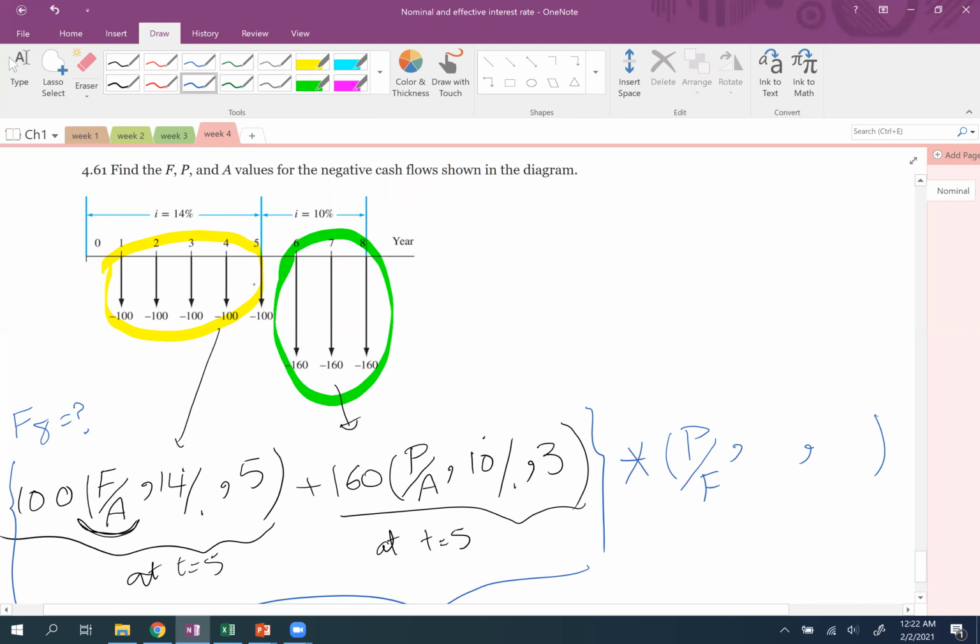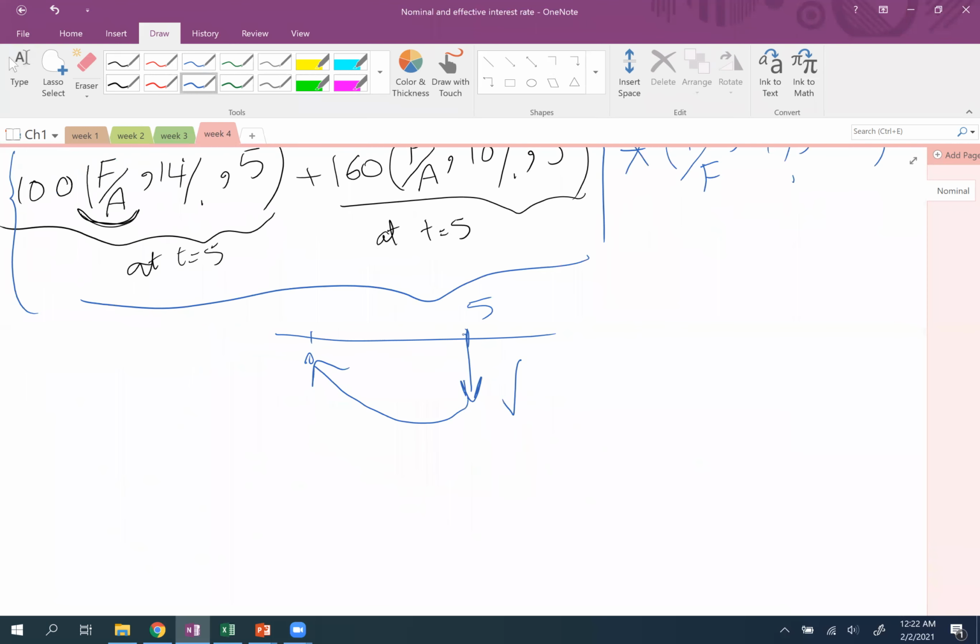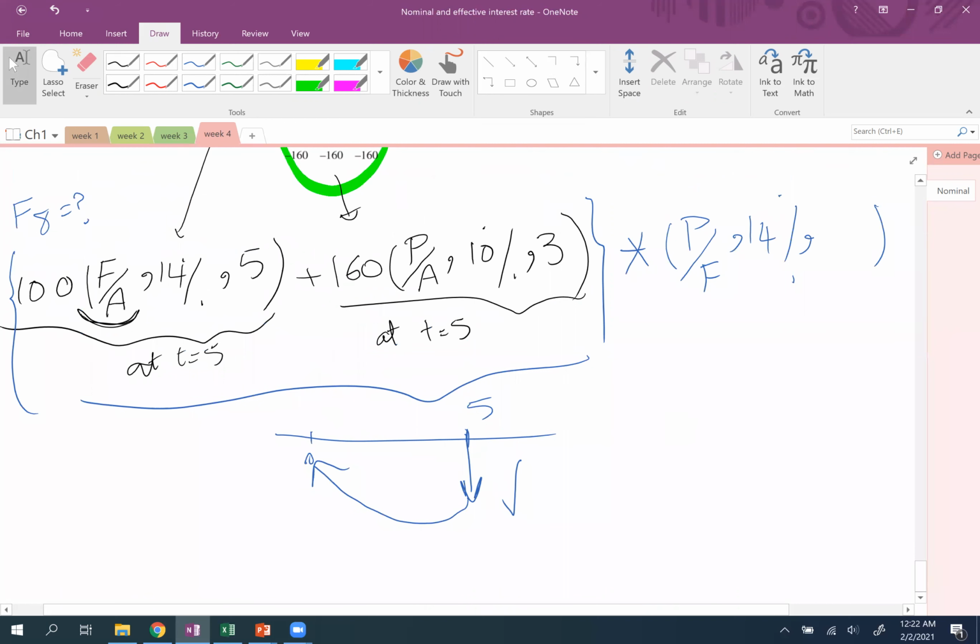Do you agree when you're at time 5, you want to shift it to time 0, your interest rate will be the interest rate that is applied for the yellow part, so it's 14%. What is the value of n? From 5, you want to shift it back to time equal to 0. So your n is going to be equal to 5. If you do the calculation, the final answer for this is the present worth value. So this is the present worth. Present worth will be equal to